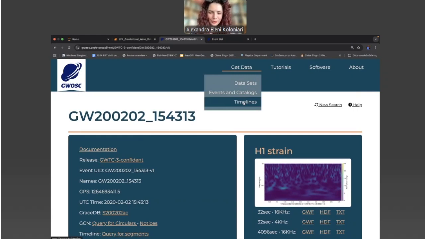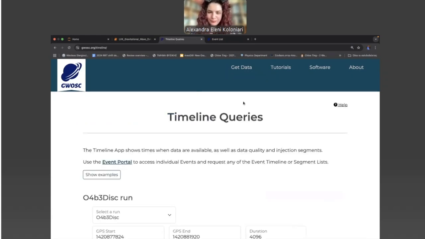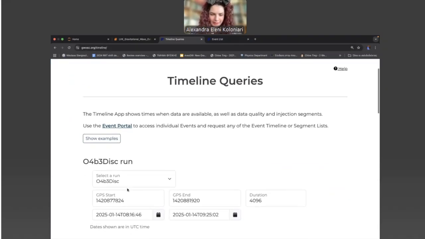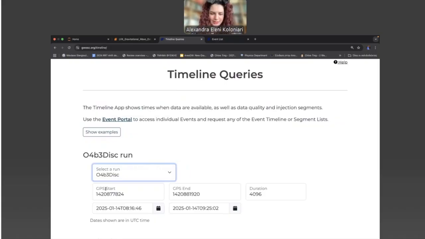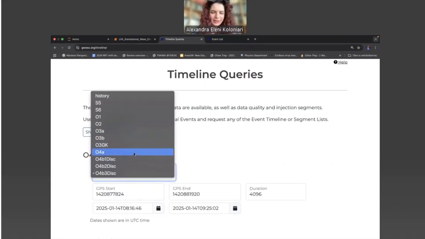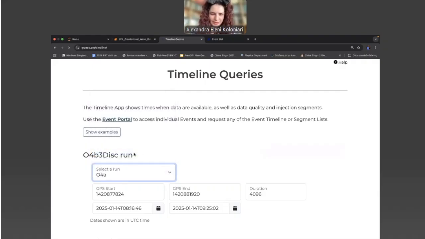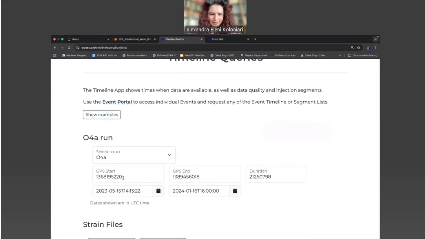Well, you can go to the timelines here, and if you select a different observing period, you will see the GPS start and end times changing. So if you want to know what the duration was for O4a, for example, you can just press here and you will see that it started at that specific GPS time and it ended at that specific GPS time. This is the UTC time and this is the duration.